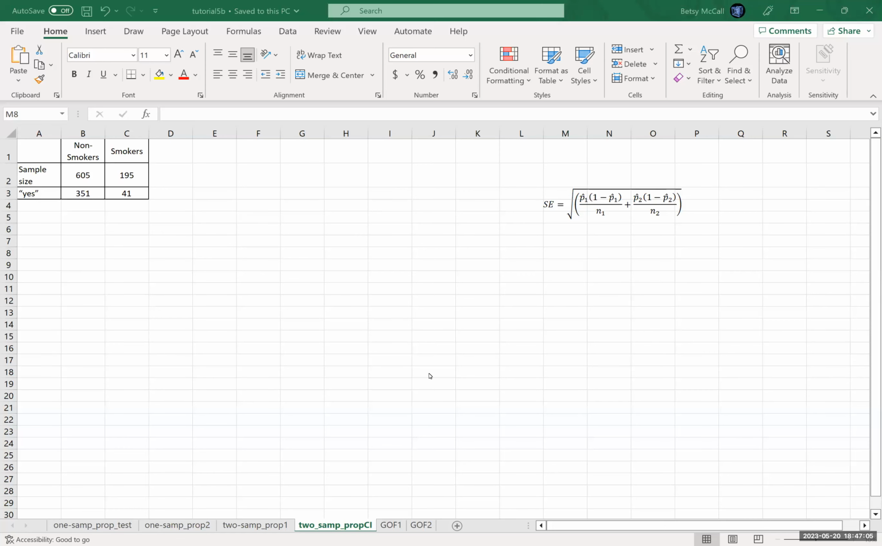Now, in this video, what we're going to look at is calculating a two-sample confidence interval for proportions. I'm going to use the same data here that I used in the two-sample hypothesis test for proportions. We have a group of smokers and non-smokers. They're asked about a particular policy relating to whether the smokers should be taxed more to cover their